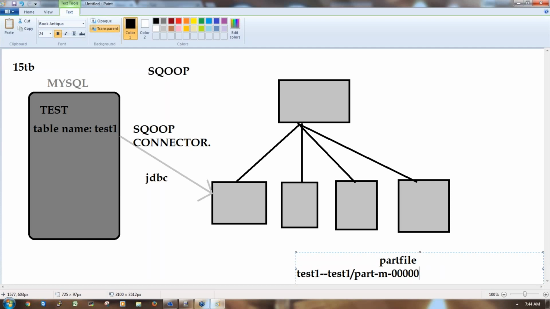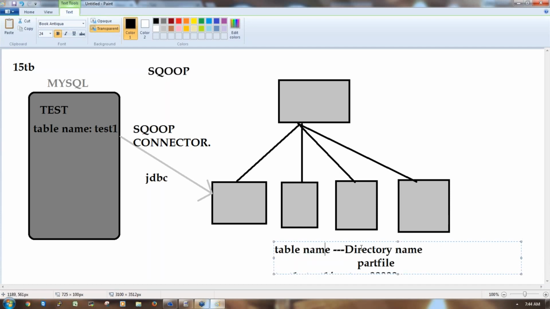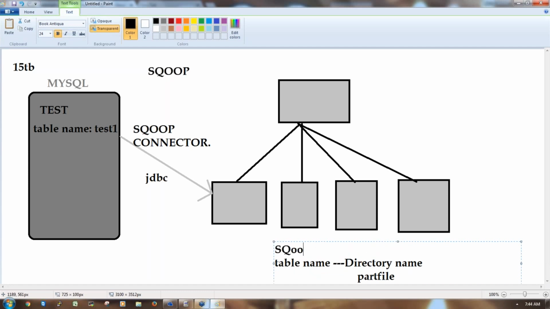In this part file, all the data is going to be written, right? So what you have to remember is that when we are trying to import the data, Sqoop always tries to create a directory. So if the directory already exists, it will throw an error, because Sqoop always tries to create a directory.